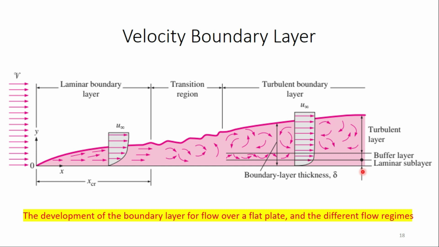The turbulent boundary layer can be considered to consist of three layers, as you can see in this diagram: the laminar sublayer, and it is a very thin layer which is adjacent to the flat surface, where the viscous effects are very dominant. The velocity profile in this laminar sublayer is linear, and the flow is up to some extent streamlined. Next to the laminar sublayer is the buffer layer, in which the turbulent effects are significant but not dominant of the diffusion effects. And next to the buffer layer there is the turbulent layer, in which the turbulent effects